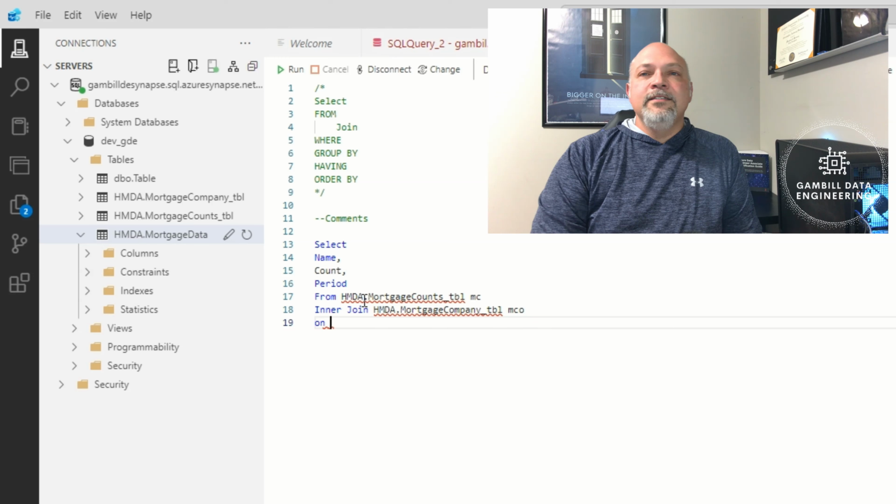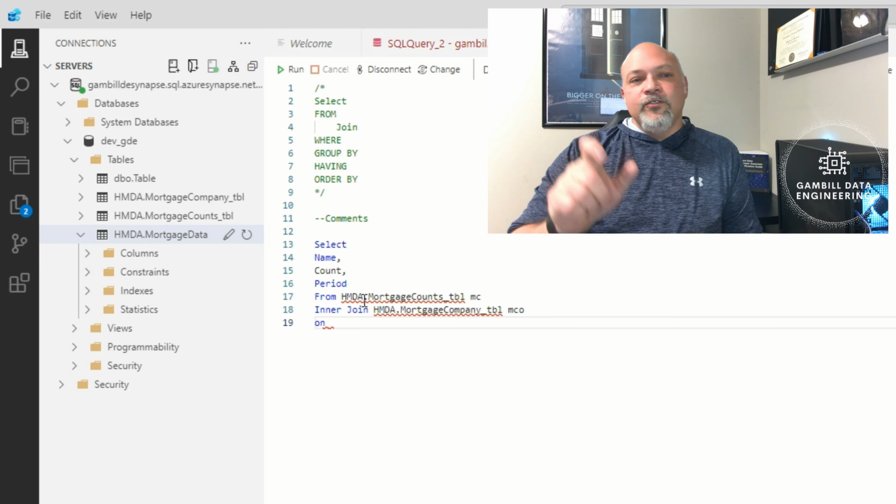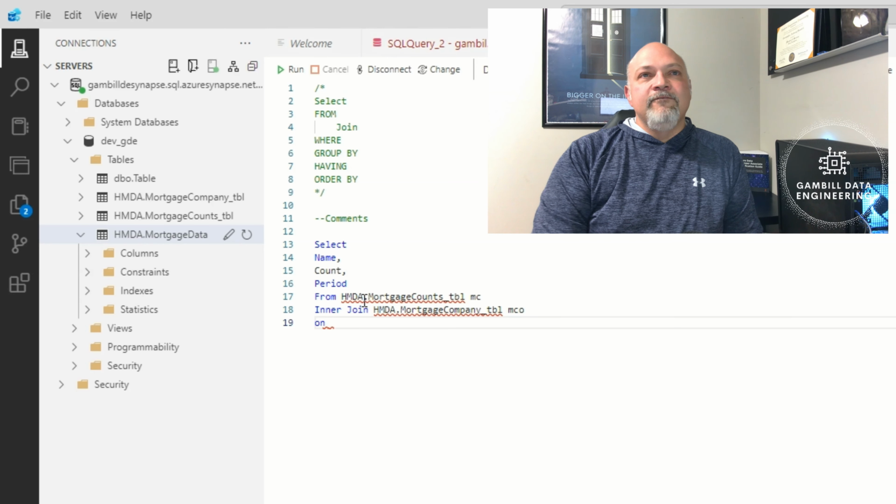So on tells your program what keys you're going to use. So it's your VLOOKUP piece, right? In a VLOOKUP, you're looking for that common factor between your two data sets. So your on piece is that first piece of your VLOOKUP. And so on